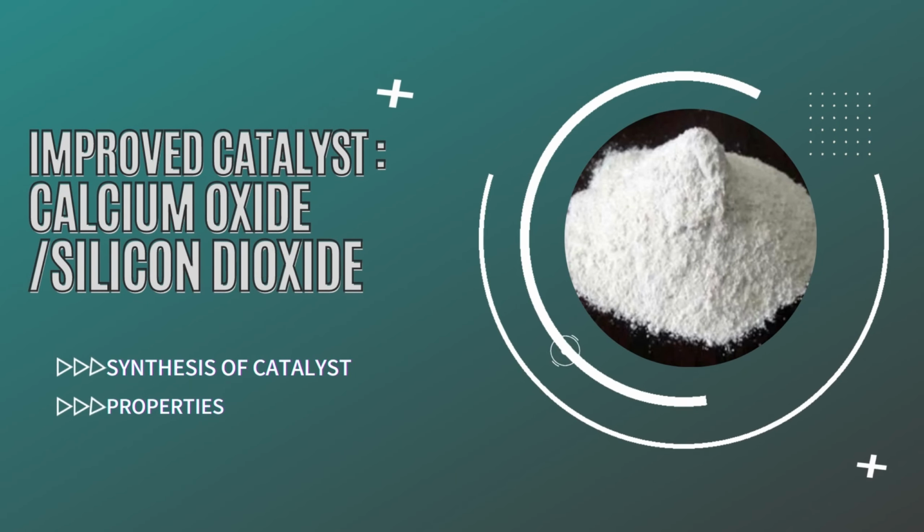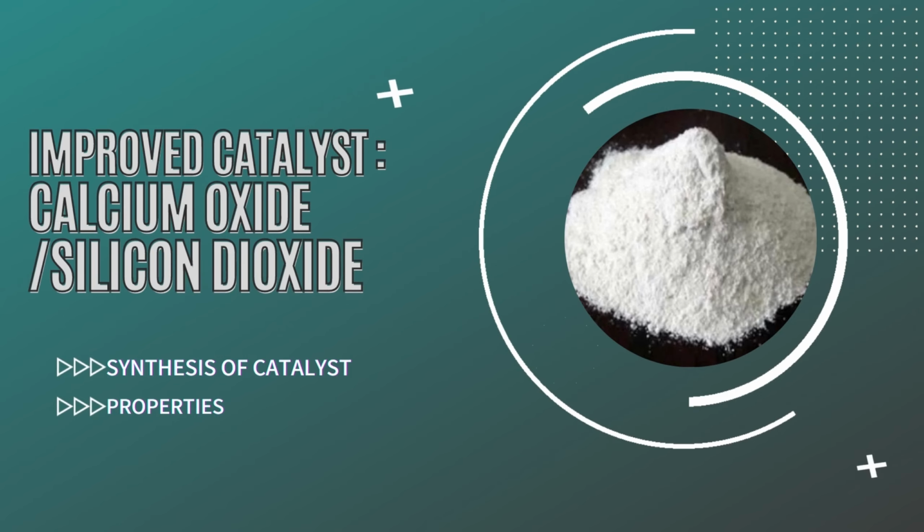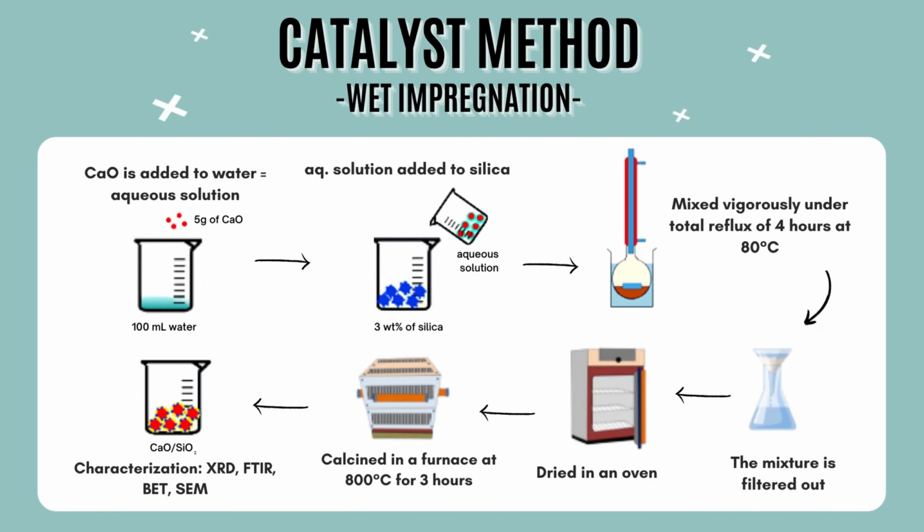Now, let's look at the improved heterogeneous catalyst by introducing silica as a support. This supported catalyst is synthesized by wet impregnation method. First, 5 grams of calcium oxide is added to 100 ml water. Next, the aqueous solution is added to 3 weight percent amount of silica and mixed vigorously under reflux for 4 hours at 80 degrees Celsius. Then, the impregnated precursor is filtered out and dried in an oven. The dry mass is then calcined to activate the catalyst in a furnace at temperature of 80 Celsius for 3